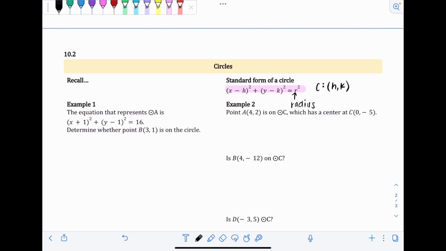Okay, so example 1, the equation that represents circle A is (x plus 1) squared plus (y minus 1) squared equals 16. Determine whether the point B (3, 1) is on the circle. So there's a few ways of doing this. If you have a circle,